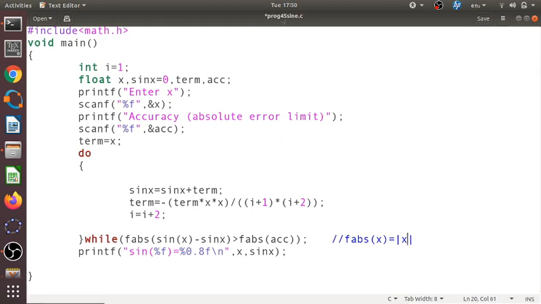So we continue this loop as long as the absolute value of the difference between sin(x), the inbuilt library function, and sinx without the bracket, our computed value, remains greater than the required level of accuracy. Then the last line, after the loop exits, we print sin of %f equal to %0.8f backslash n, x comma sinx. I have taken up to 8 places of decimal. So this is how we can compute this series.